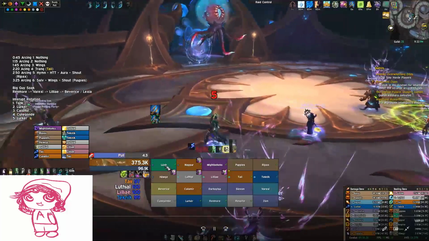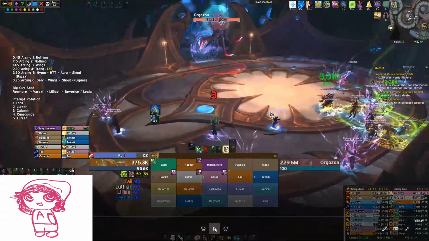So the first thing I'll describe really quick before we go into this pull is we have a lot of damage for this fight. We're phasing it incredibly quickly, and the way we're doing this is we are having all the raiders pre-spread in the room. All the ranged DPS and healers are already standing in the spots they need to be in. So we never do the usual stack up in the middle of the room strategy,